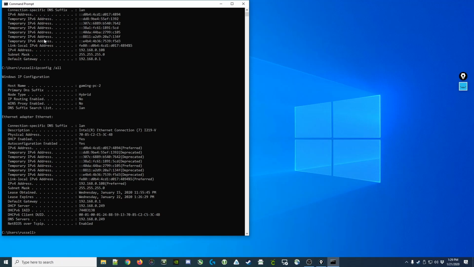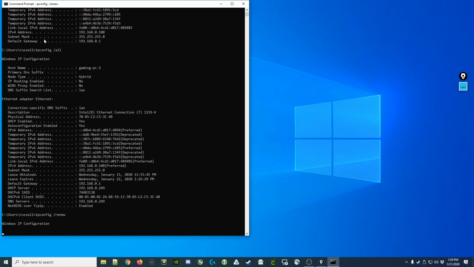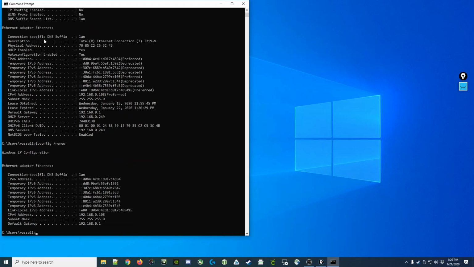In the event we would like to renew our IP address or release our IP address, we can use the ipconfig command to do that too. For example, ipconfig /renew would renew our configuration. And you see that that comes back after a moment. In this case, I'm assigned the same IP address because this computer at my home is assigned that one statically